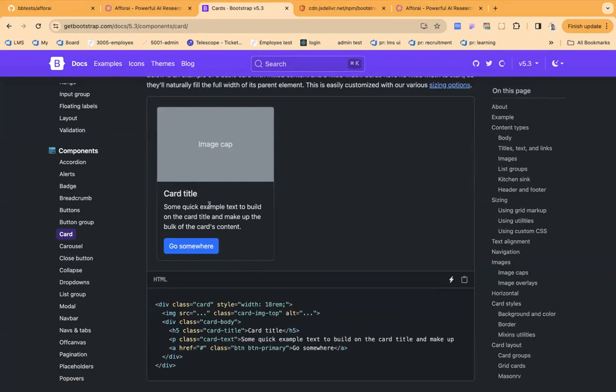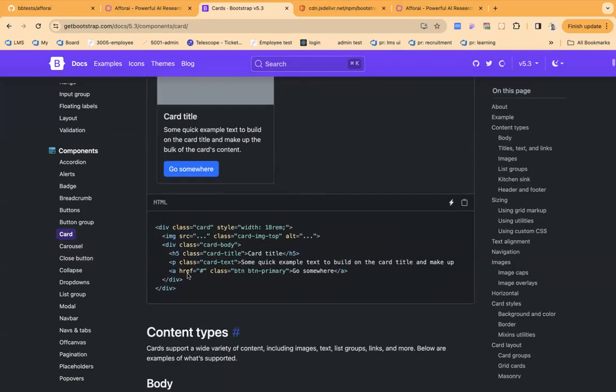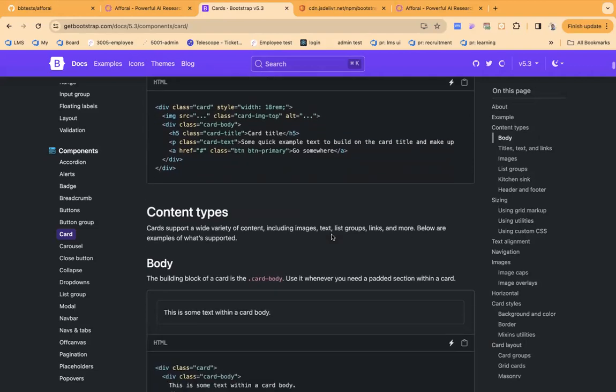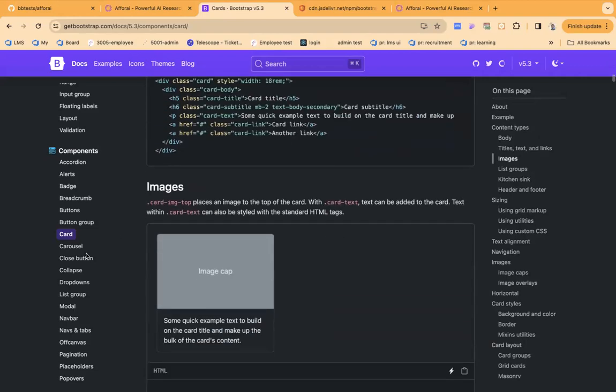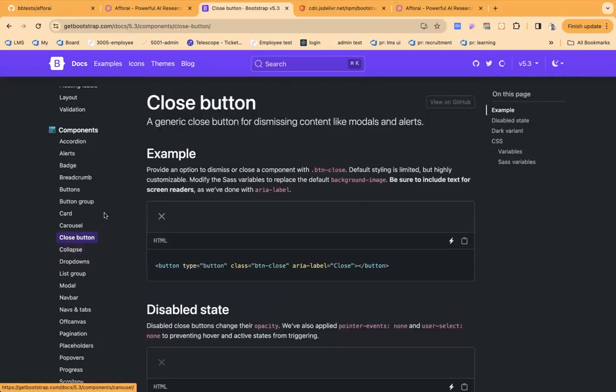You want an image here, you have this. All you just need is come here, copy this code, just copy, and then you change this to whatever you want. There's a format already in place for you to work with. And then if you're working with something different, it's just about adding more classes. And then if classes won't work for you, you declare it in your CSS to adjust it to what you want. So this is classes, and then you have close button,